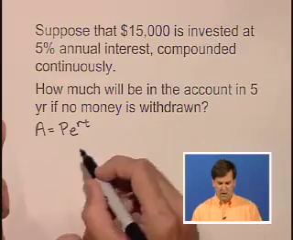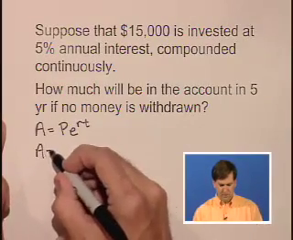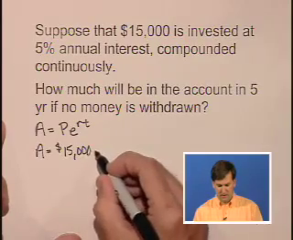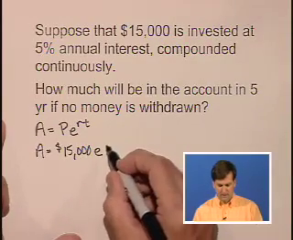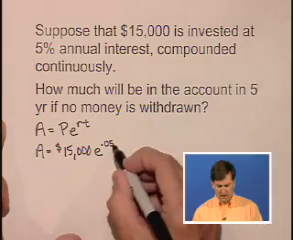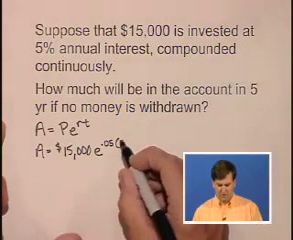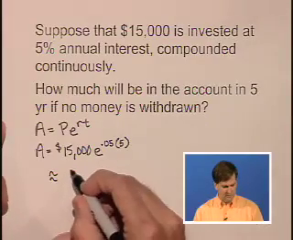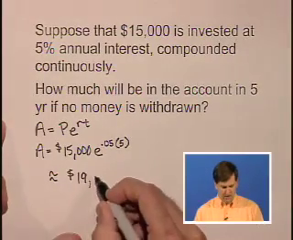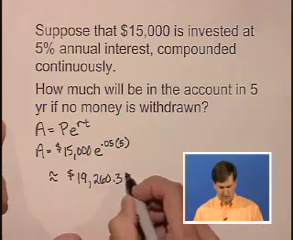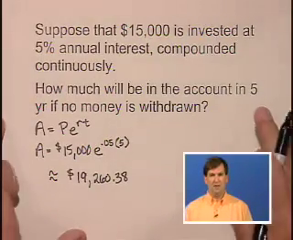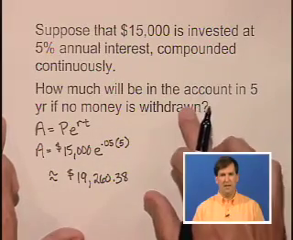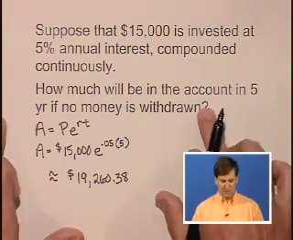So if we're talking about 5 years, then we're starting with $15,000, that's our principal, times e to the 5% is 0.05 times the number of years, which is 5 years. We go to the calculator to get this answer. We get $19,260.38. So if we invest $15,000 at 5% annual interest, compounded continuously, meaning that it's always being compounded, after 5 years, if we don't withdraw any money, we'll have